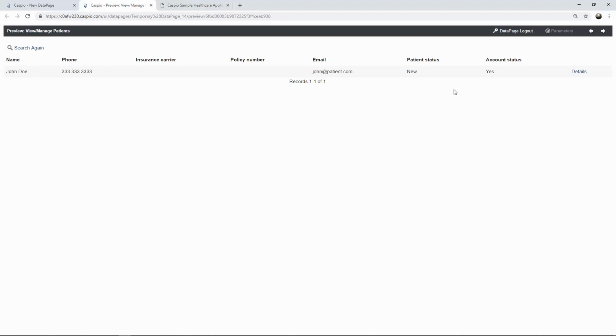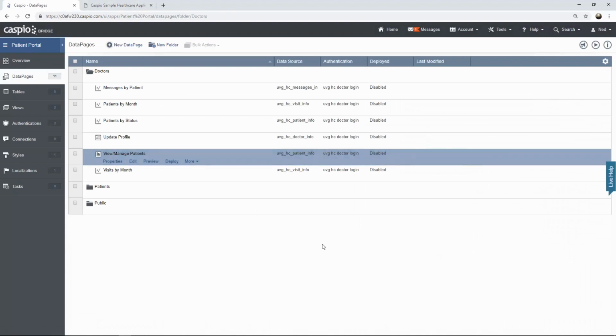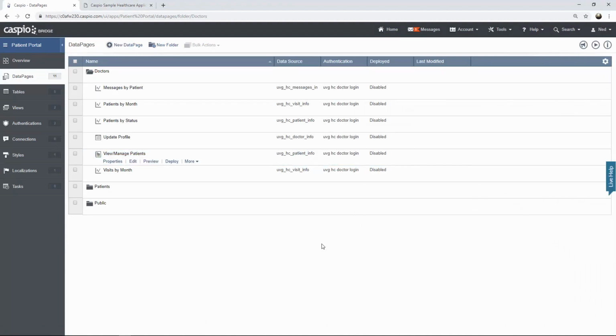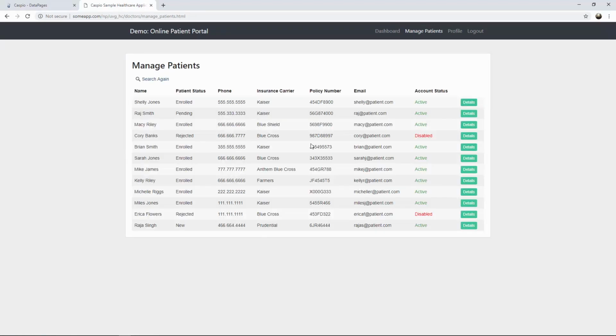If you like the way the report looks, just go ahead and close the preview tab, save your changes, and there's my report. Now what we want to create, if I go to my live example, click search,